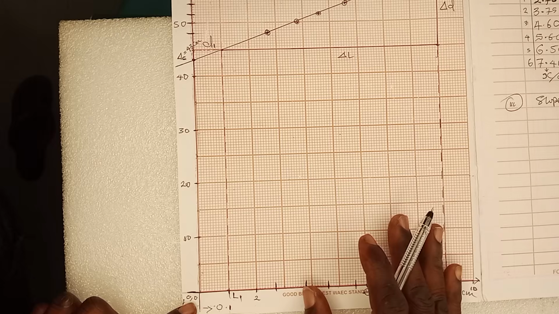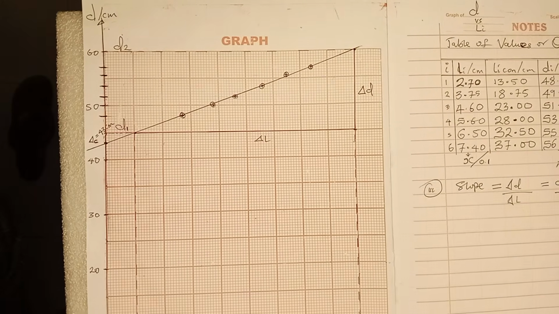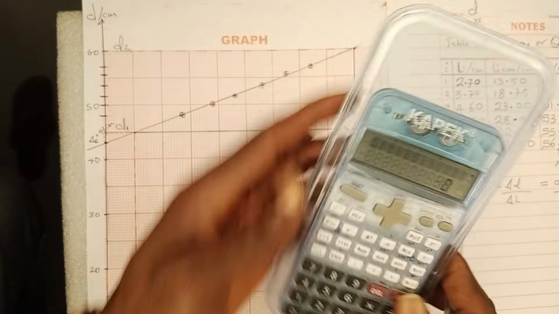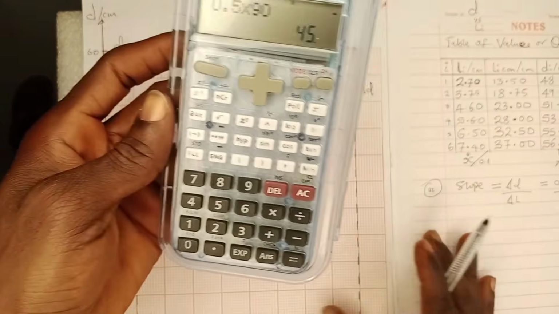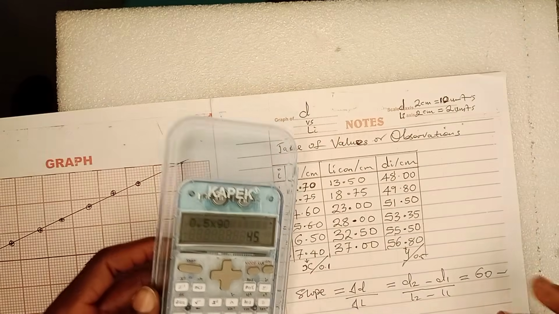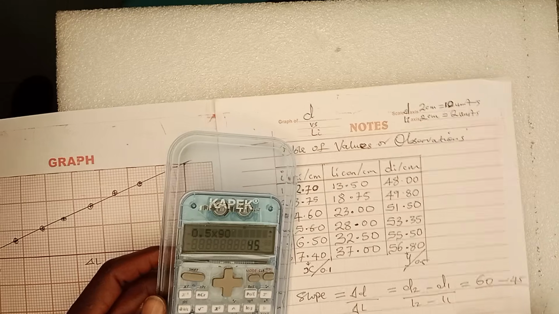Yes, 90. So 0.5 times 90 will give us that value. 0.5 times 90 will give us 45. So write 60 minus 45 divided by